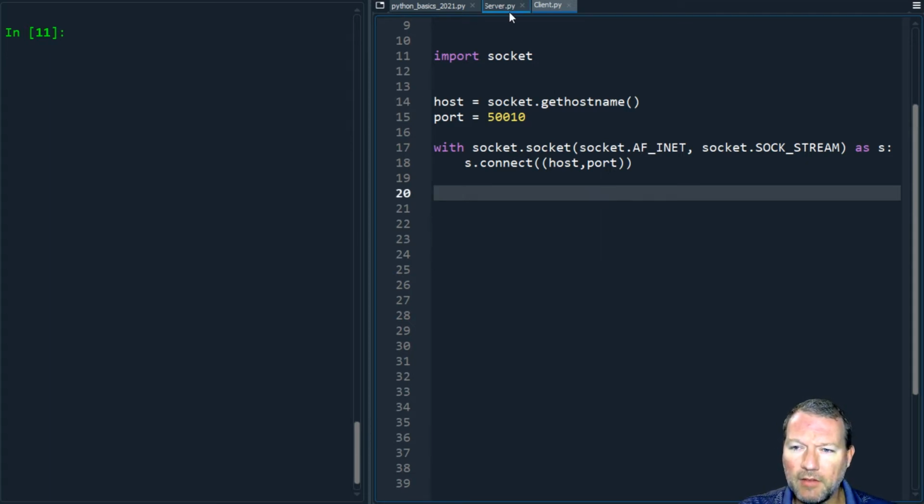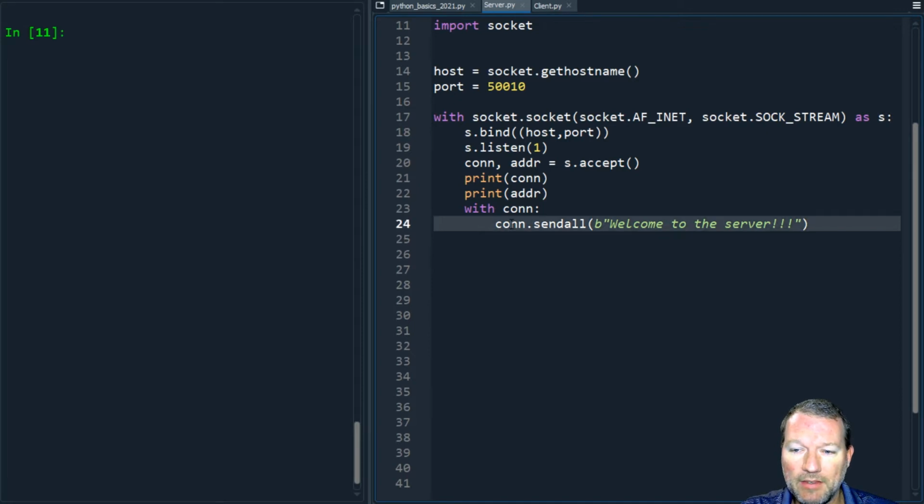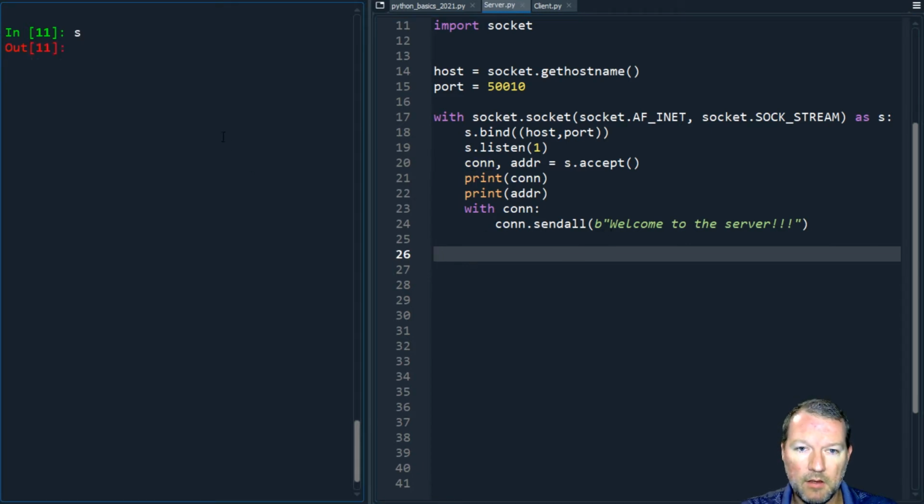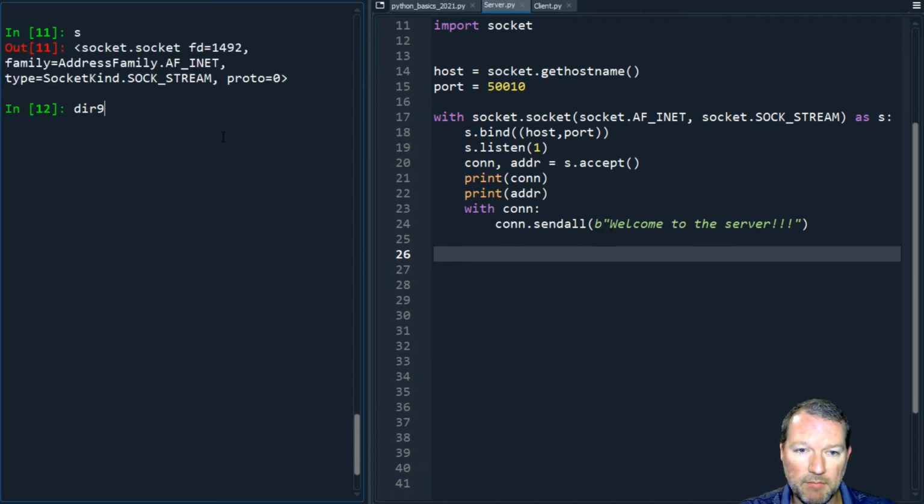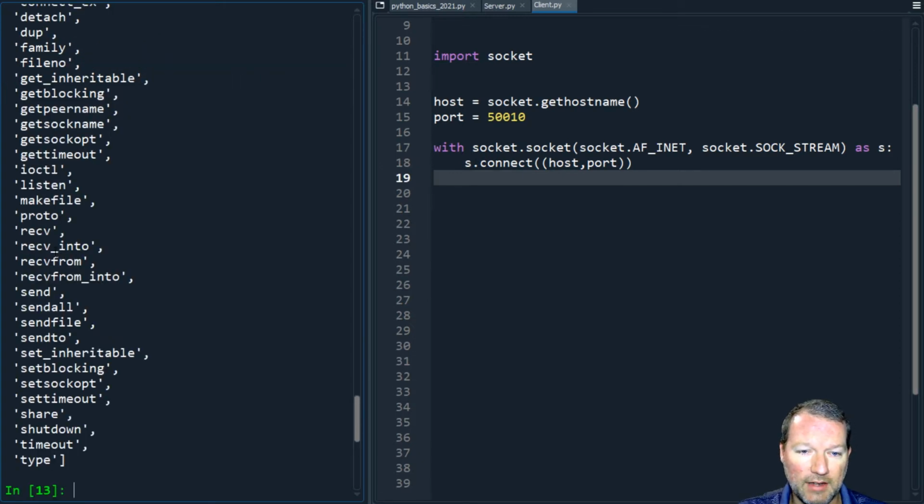So where we left off last time was we used the con socket object. We split it from the accept. And like I was talking about, this is basically an extension of the socket, and we can use the same methods. So what you're going to see, the reason why I showed you that is because on the client side, we're going to continue using the s variable for the socket. So we're going to run dir on s, and we're going to look at